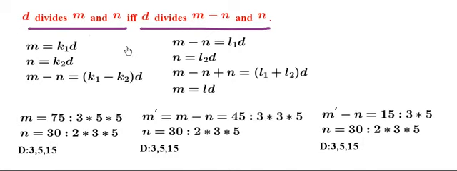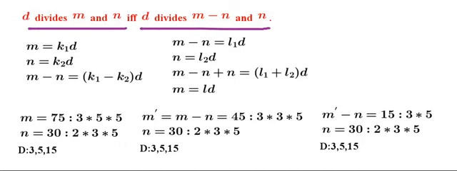Now if we apply this particular lemma, then we will get two different numbers from these two numbers, and those two numbers will be 45 and 30. So 45 is nothing but basically 75 minus 30, and 30 will remain as it is. And now if you consider common divisors for this particular pair, then they will remain as they are. If you observe, then this same set is also applicable for these two numbers. And now we can iterate one more time and we'll get these two numbers, and again the common divisors will remain as they are.